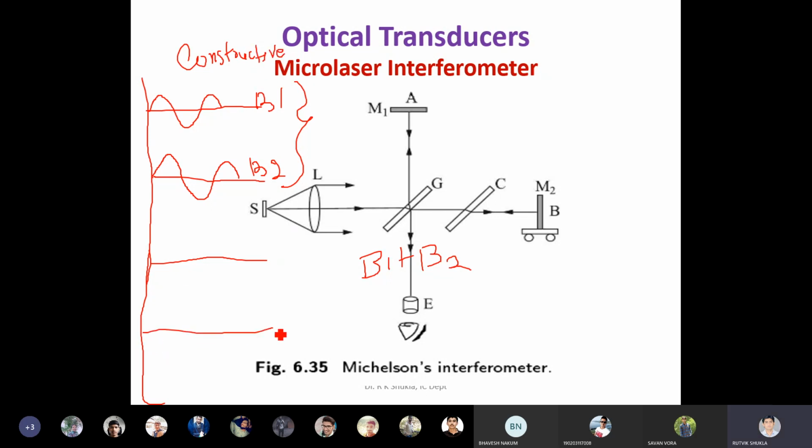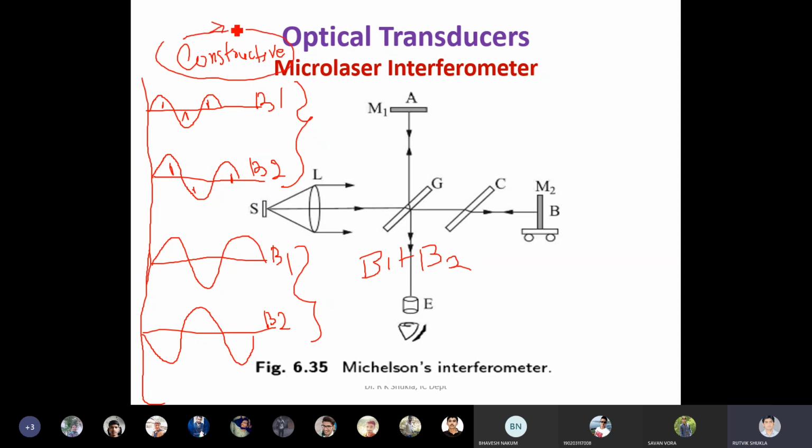And suppose there are two light beams which are like this, suppose B1 is like this and B2 is like this. This is called the destructive nature of light beams. Clear? This is called constructive. Why? Because here you can see the phases are aligned. Here these phases are aligned. So ultimately, due to this constructive nature, it will create a bright spot. I'll just write a bright spot.